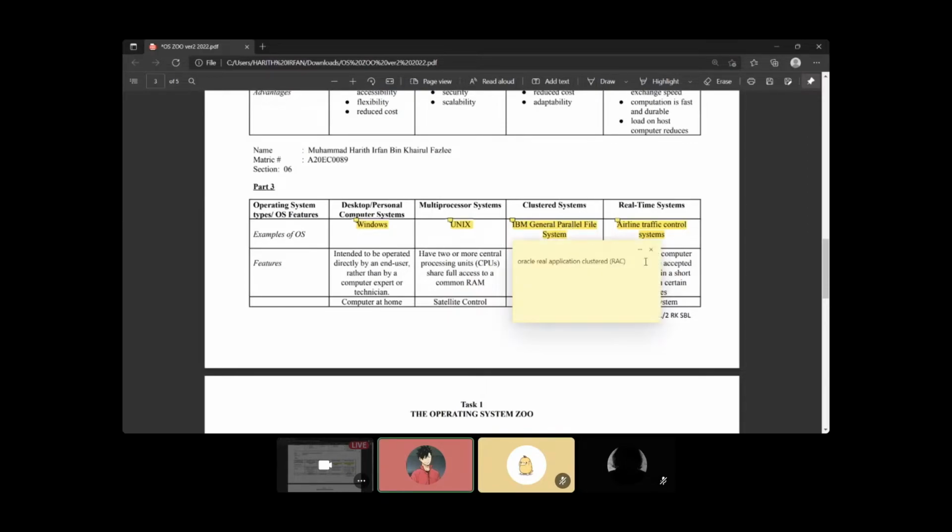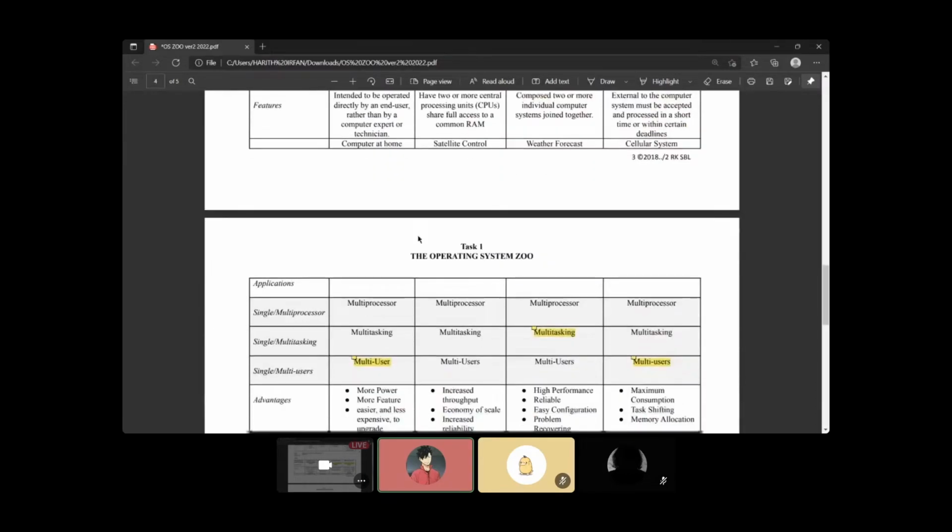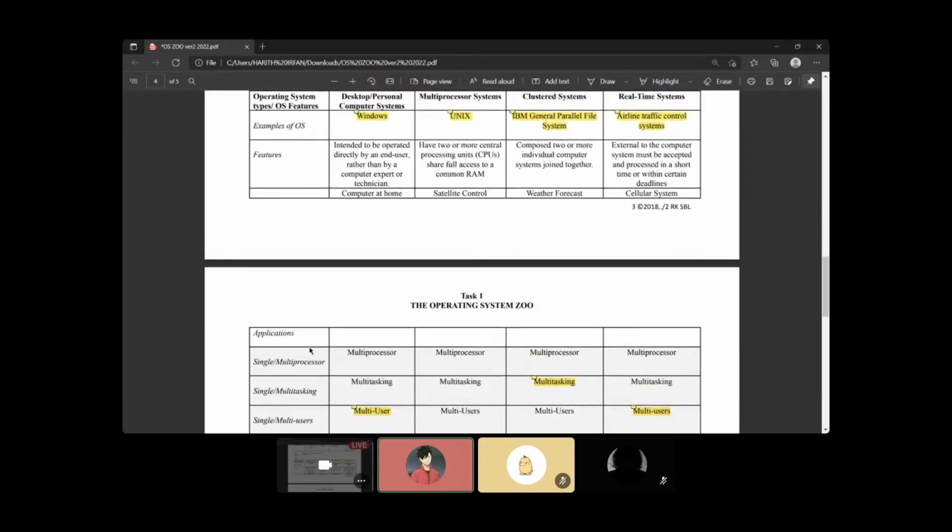The operating system is like this one, Oracle Real Application Cluster. Then for real-time system, this one also is not the operating system. And this is the operating system for real-time system. Okay. So for the features and application and single or